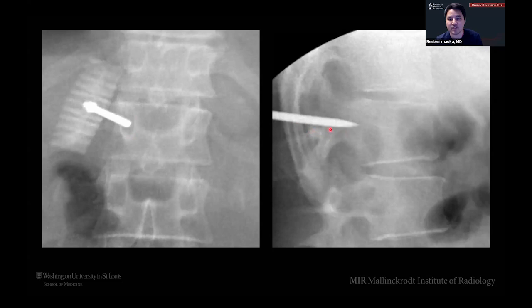Once you get to that posterior pedicle-bony junction, that's the critical point, right? If you are at this location with the needle tip on your sag, you come back here to your AP and it looks like this, then there's essentially no way that you're going to go too far medial and get into the canal, right? Because you've already passed it at this point. So at this point, you can really try to get even more medial if you feel like you need to